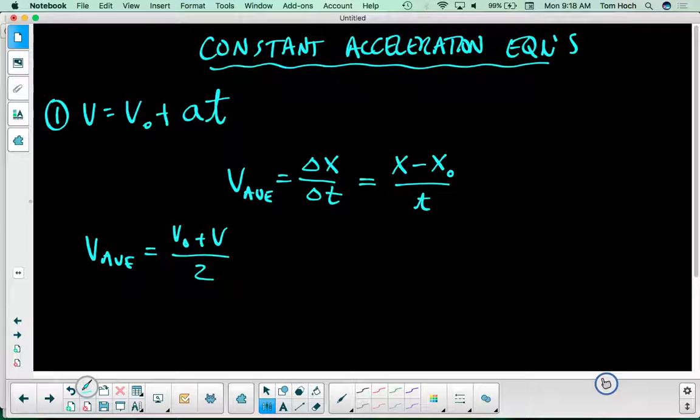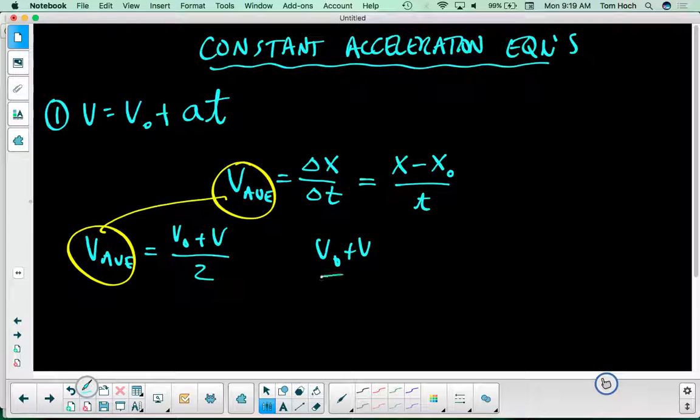Okay? Now, I'm going to take this and jam it right in there. And here's what I get. V0 plus V over 2 equals x minus x0 over t. So that's final. No, that's not final. Final is going to be nice and easy. You see, excuse me. This V,